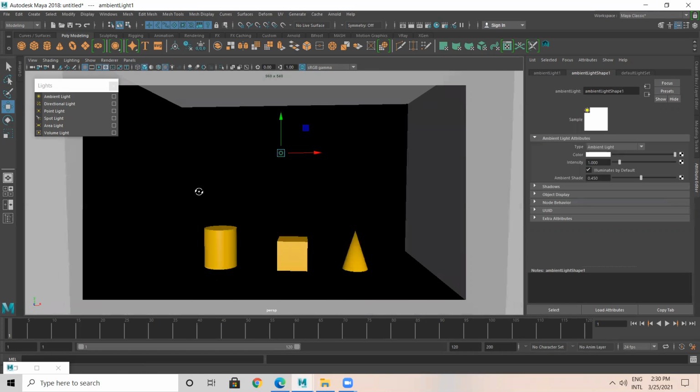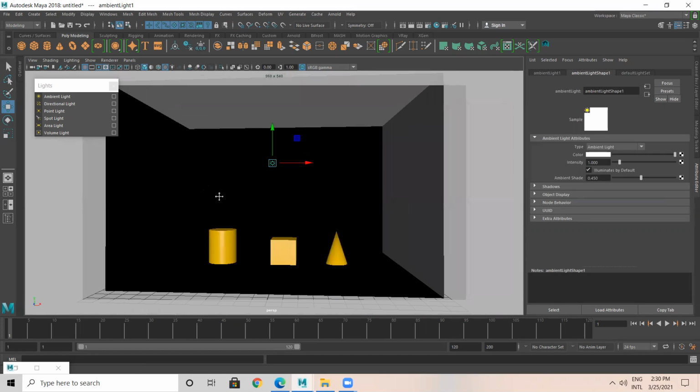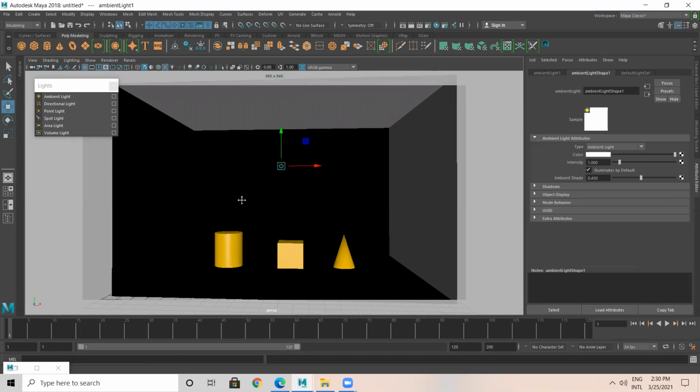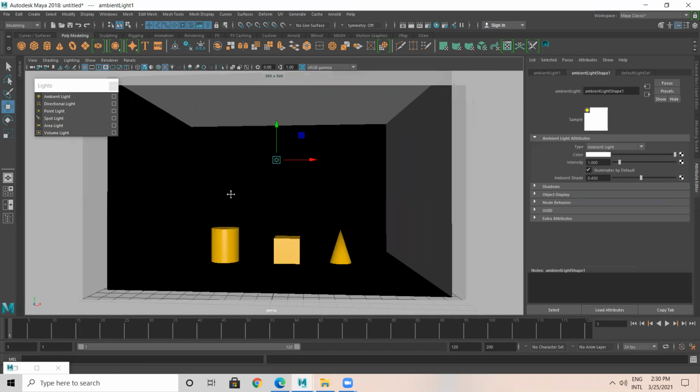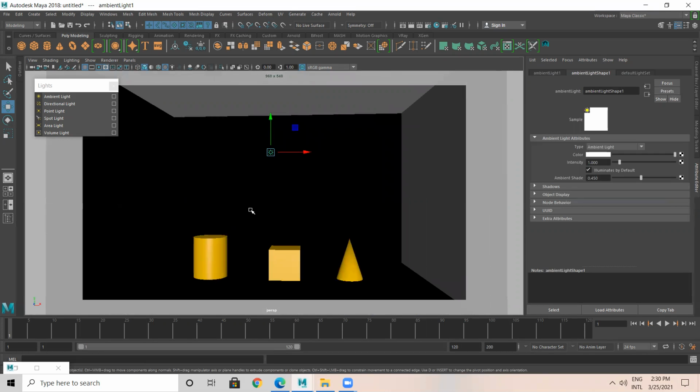I'm going to place a view like this, so I would like to render here.